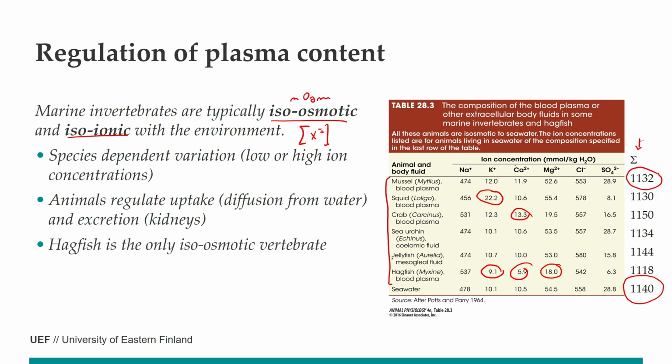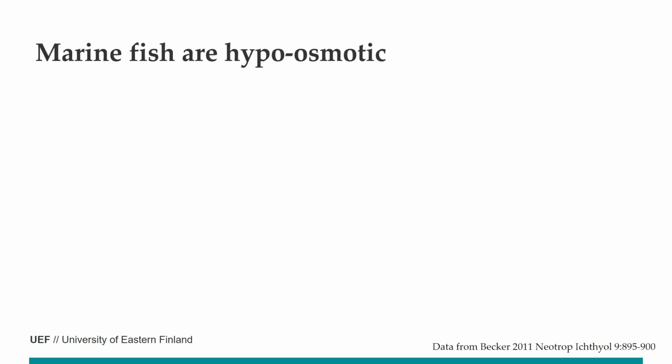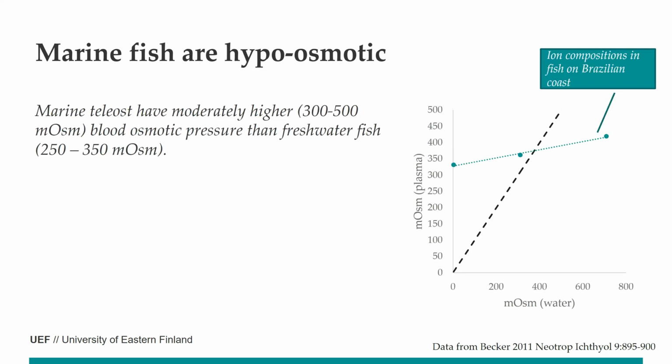And this hagfish is important because it's the only vertebrate which has isoosmotic blood fluids. So all the teleosts and all the elasmobranchs like sharks, etc., have a different osmotic pressure inside the body than in the ocean. Okay, these marine fish are usually hyperosmotic, so they have a little bit higher osmotic pressure than the freshwater